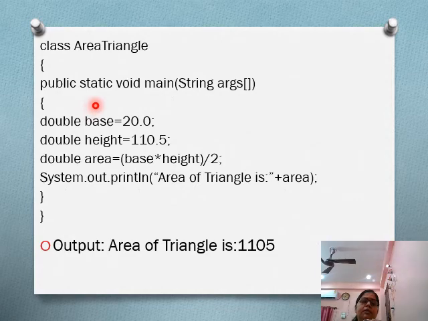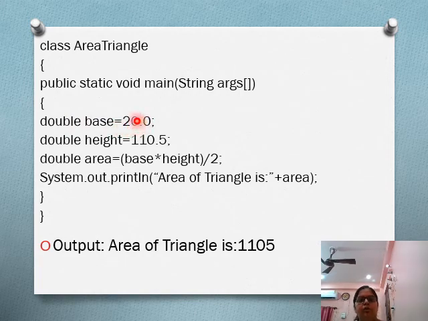Now see, beta, this is a simple program which you are going to write in your register also. We have made a simple program, class area triangle. Public is your access specifier, public static void main string args. Double is your data type, base is 20.0.